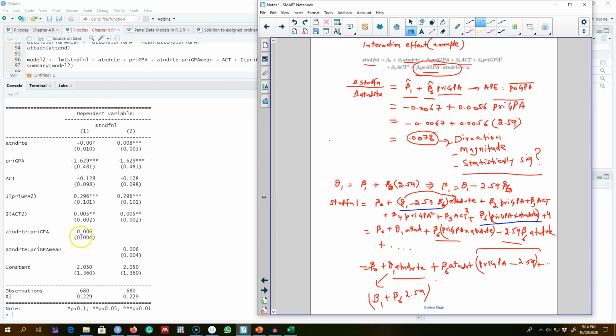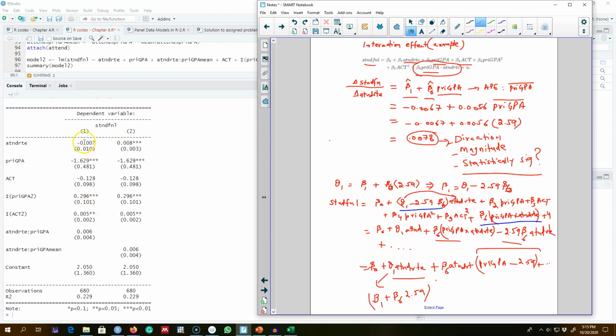Remember that the standard error associated with the interaction term is not showing you the statistical significance of the interaction term, because there are two coefficient values associated with this interaction term, beta 1 and beta 6, and you cannot calculate the standard error straightforwardly. You have to manipulate this equation to get the standard error, and as I showed you in this example, you can get these standard errors in this fashion. So be careful while interpreting these models with interaction terms,